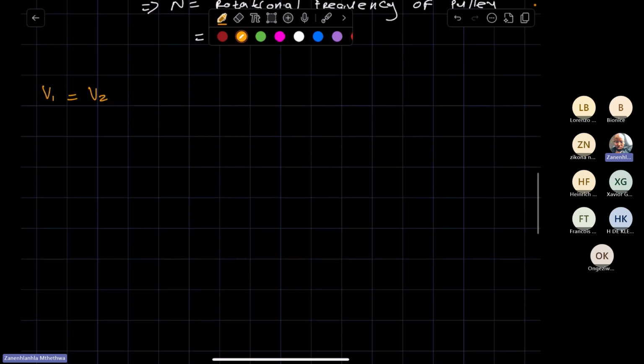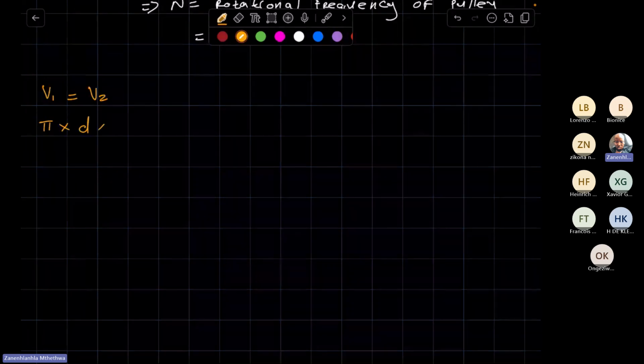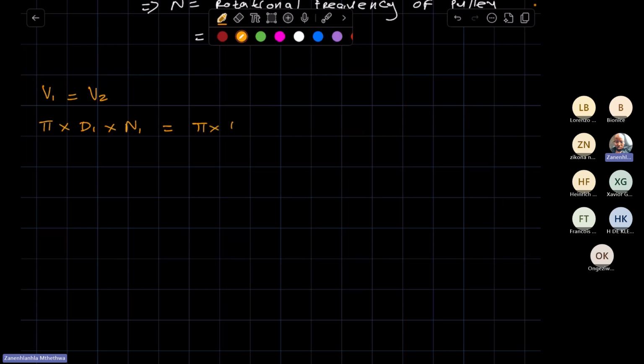What does that mean essentially? The formula for calculating V in general is pi times, I'm going to use the small letter d for the smaller pulley, let's just call this D1, times N1, is equal to pi times D2 times